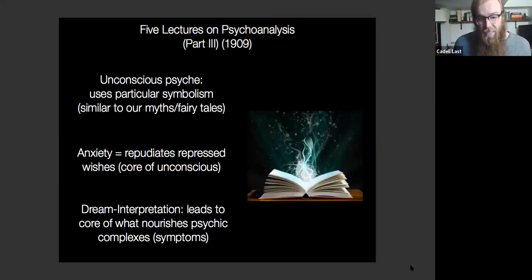So he says here that the unconscious psyche uses its own symbolism. He's mentioned several times that this symbolism is observable in our myths and fairy tales. So you can say here that great writers of great fiction, and some of our greatest mythological stories in history, religious stories perhaps as well,